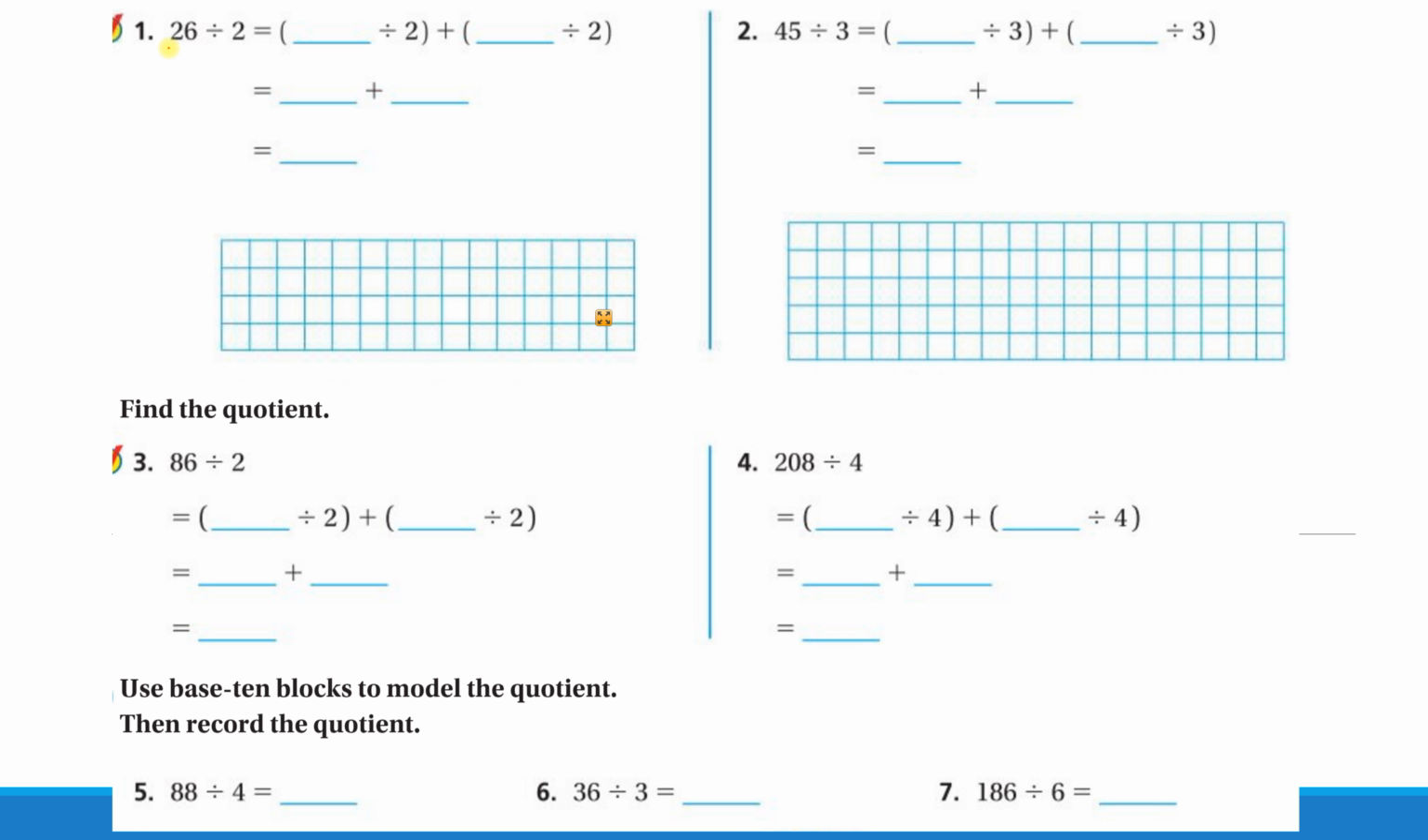Okay, so let's look at number 1. We have 26 divided by 2. Okay, we're going to break 26 apart into two numbers that 2 will go into very easily. Now, again, there's more than one way that you can break this apart. You could break it into 10 and 16. You could break it into 20 and 6. You could break it into 22 and 4. You're looking for a way to break 26 apart so that it is easy for you to divide it by 2, okay? So I'm going to break 26 apart into 20